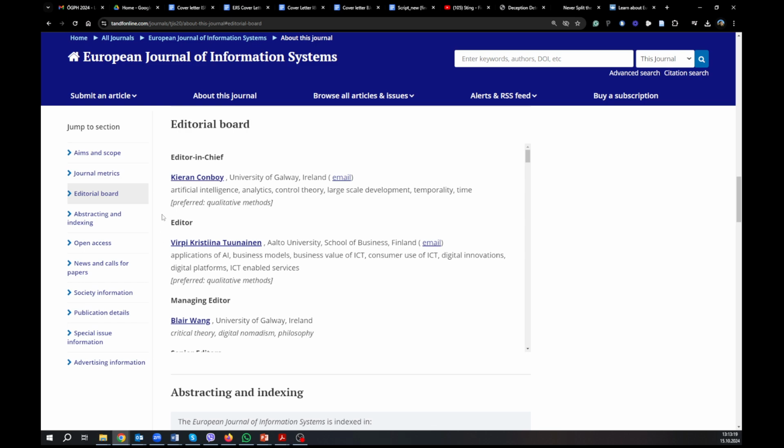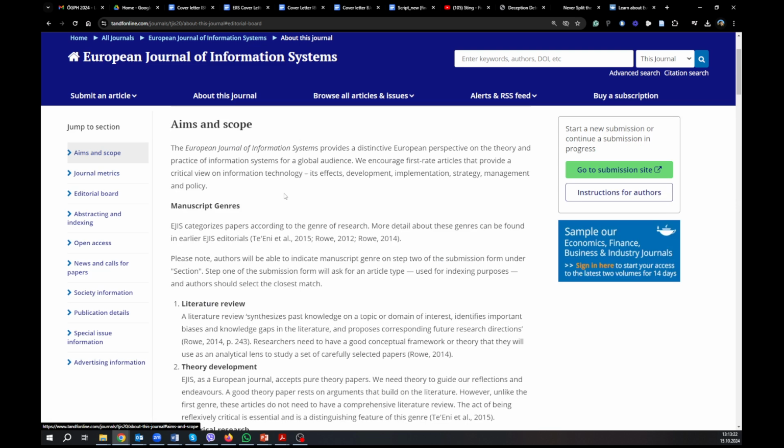Second, look at the aims and scope, because you have to be sure that the paper you submit also fits the aims and scope of the journal. We once submitted a paper to a journal that worked mostly or only with qualitative research and conceptual papers, and we had a quantitative paper. If we had noticed it before, we could have saved the time spent rewriting the paper, sending it to the journal, waiting for some time, and then getting a desk reject, which means you have no comments and you don't know how to make your paper better.